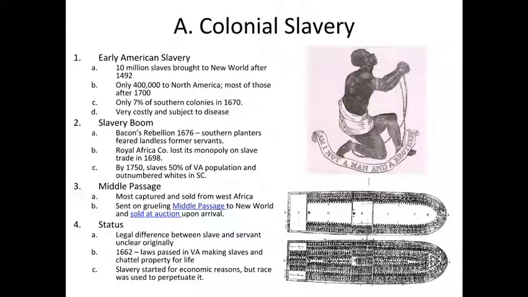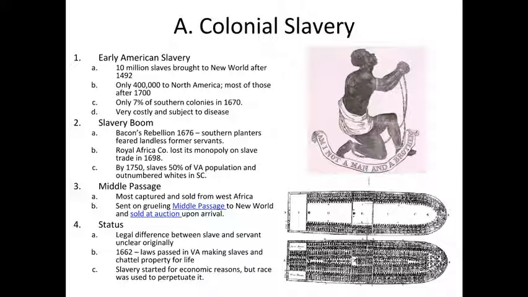So they were sent on a grueling middle passage to North America, into the New World, and were sold at auction upon arrival. Families were split, children were often sold off, women were sold off primarily, especially if they could make more slaves and were high producers of more slaves, and then strong men were sold off as well. So families were split apart, unfortunately, and that's the unfortunate history of slavery. It disconnected them not only from their families, but from their culture in Africa.